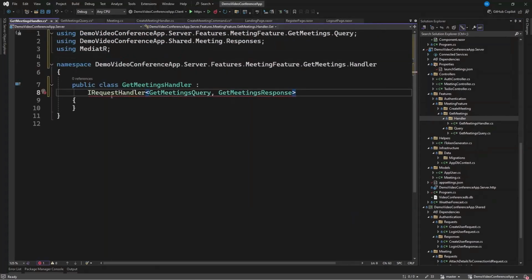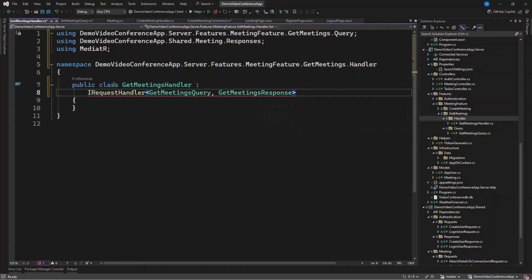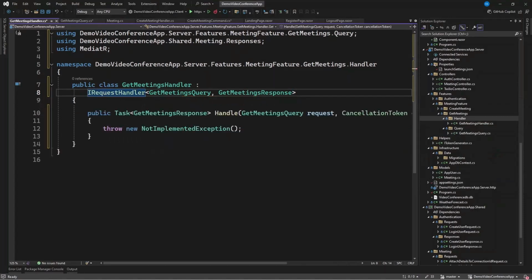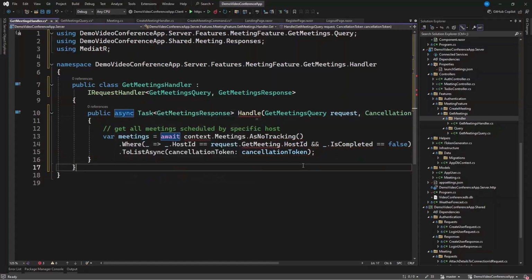So this is going to inherit from this IRequestHandler with the query and the response type. Let's go and implement the interface. So here you want to get all meetings. Get all meetings by the specific host. Now let's have async. And then